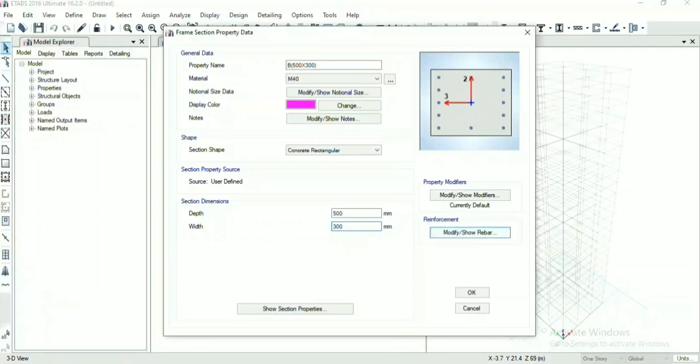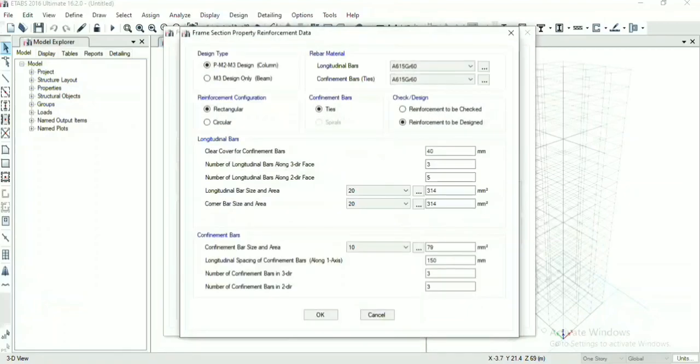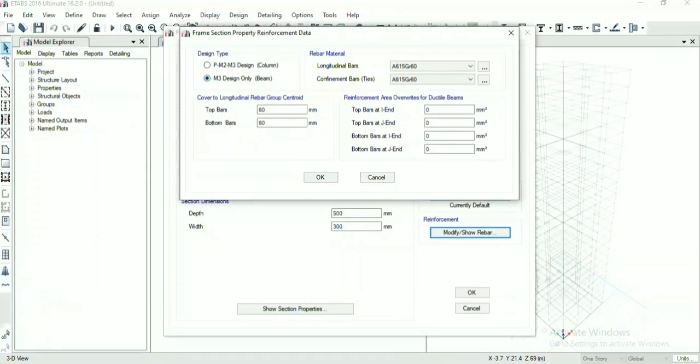Now go to modify show bar. Select beam. For longitudinal bars take HYSD 500 and for confinement bars take mild steel 250. Now take top cover at 25 mm and for bottom bar 25 mm. Click on OK.